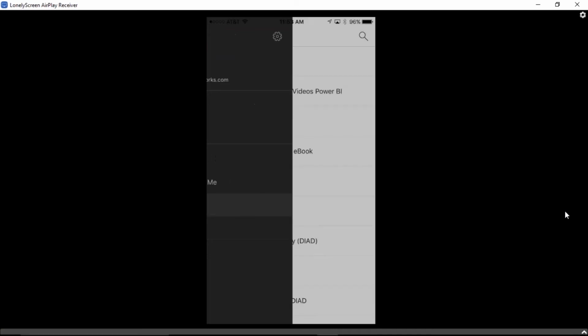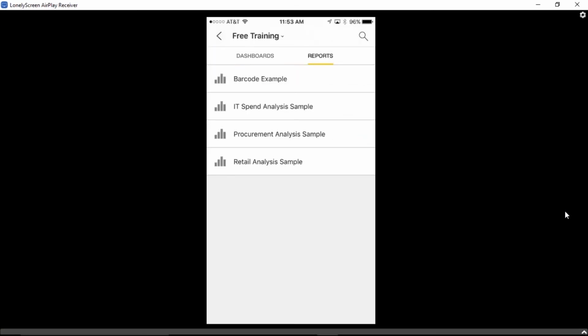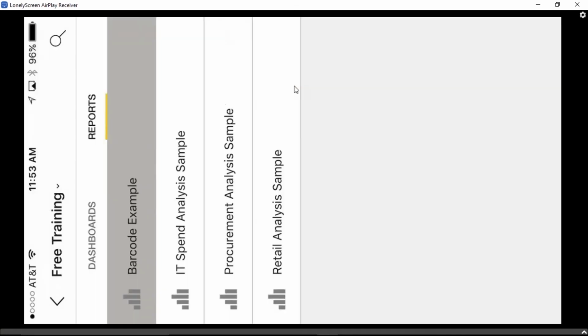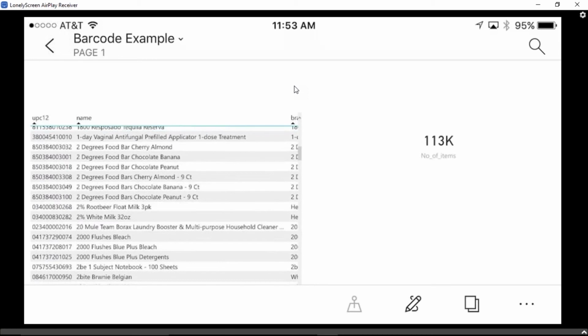So the way I'm going to do this is I'm going to go to my free training workspace here, and I have a report specifically called Barcode Example. It's the one on the top here, and if I select that, I can see I have a report that's been designed, and it has a list of all these different products in here. I can scroll through and look at all the products,